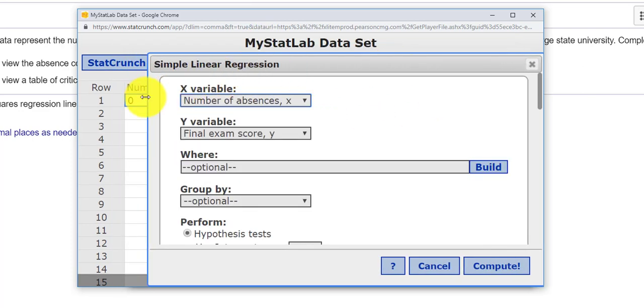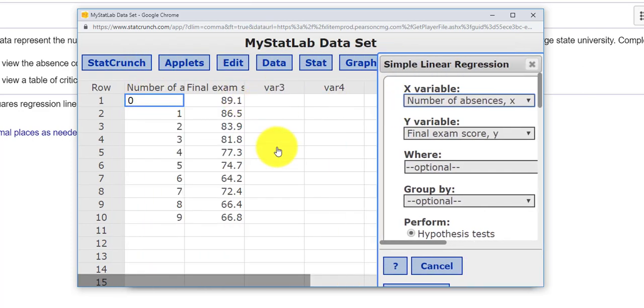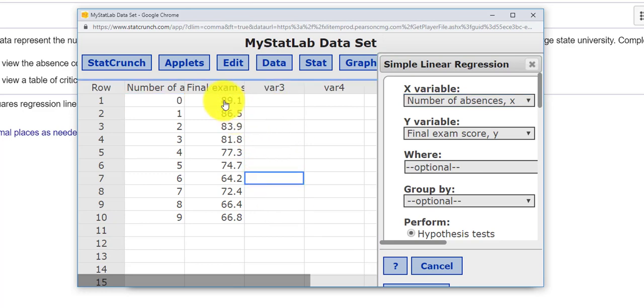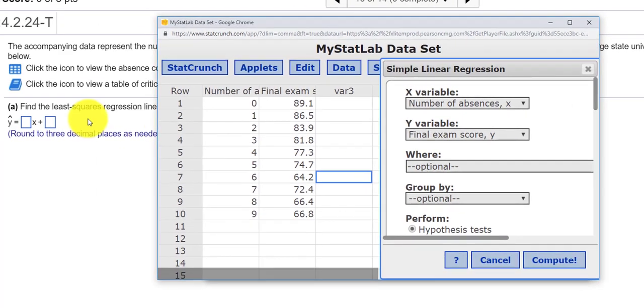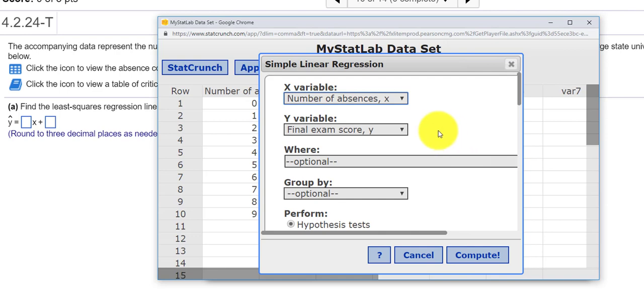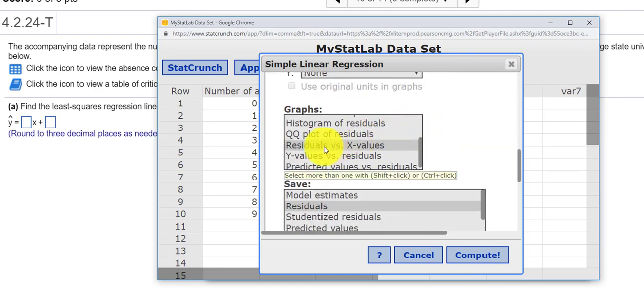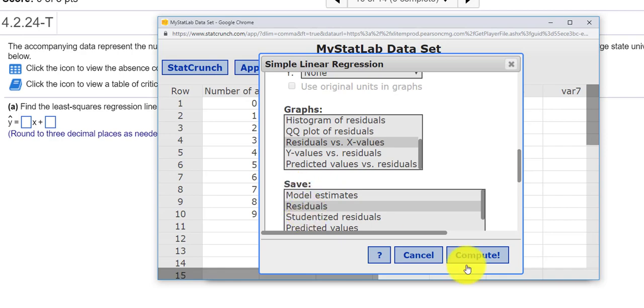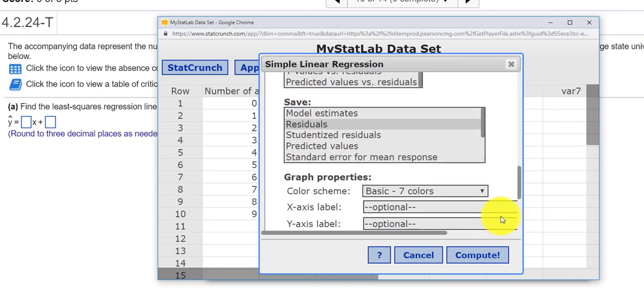In this third column, you'll see our residuals, which would be the actual score minus the score that's calculated by our regression equation. Right? Remember, this is just a model. Our actual data will vary from our model, hopefully not by that much. Okay, so again, we're going to graph the residuals versus the X values, and we're going to save the residuals. I press compute,